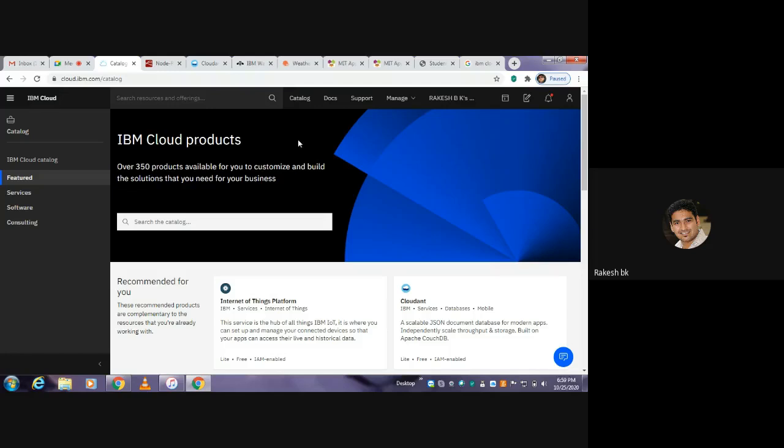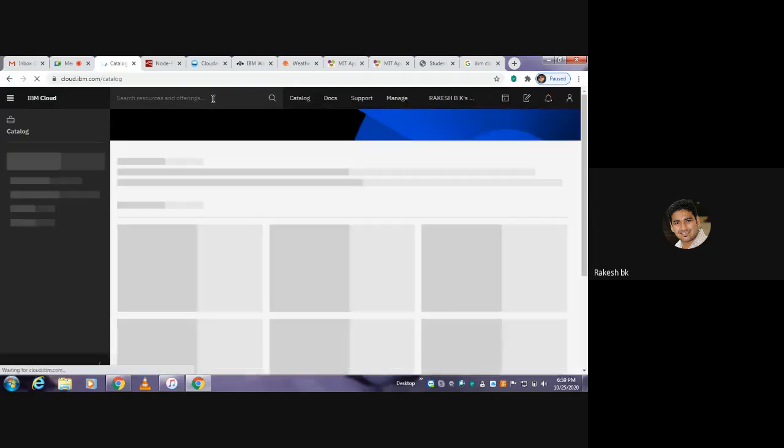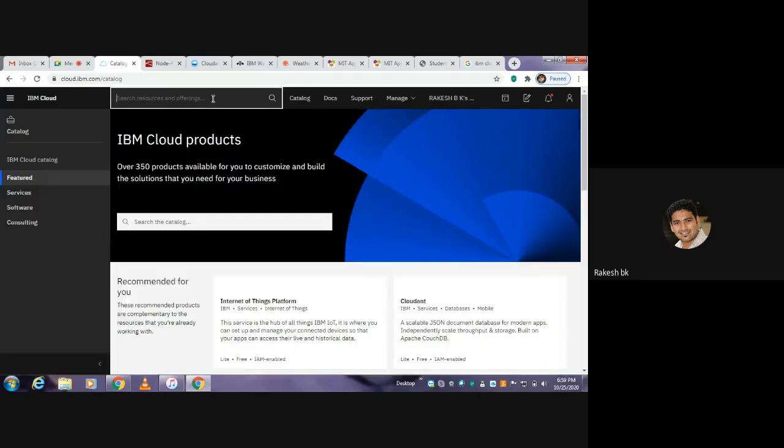Henceforth, the data you have seen in your IBM Watson IoT platform, the data generated by the inbuilt IoT sensor, will be directly stored into the respective Cloudant. Cloudant is a service which is available in the cloud. It is a platform where you can store all the data, and also retrieve the data from it. So again, I'll go with the Catalog. I'll just type Cloudant.